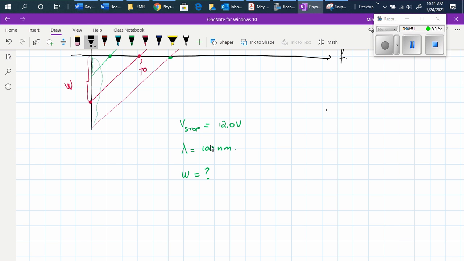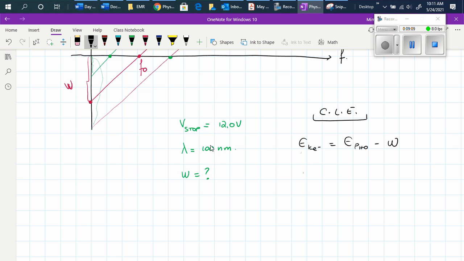So in the conservation law of energy, to explain the photoelectric effect, the kinetic energy of the electrons is equal to the energy of the photons minus the work function. We can say that